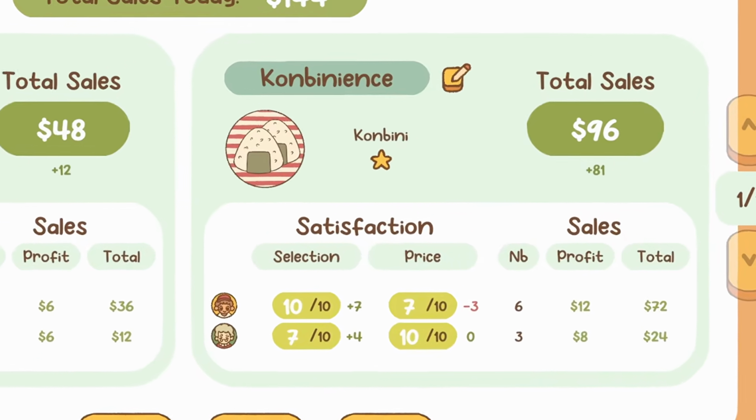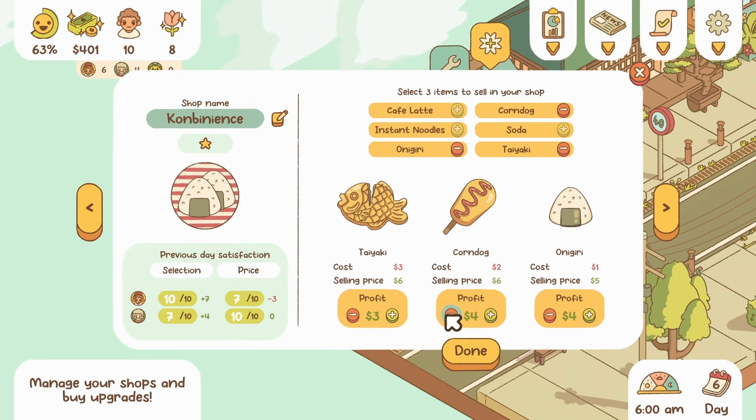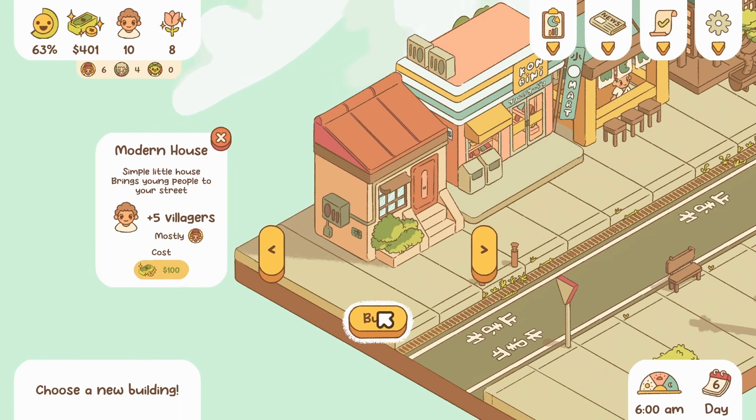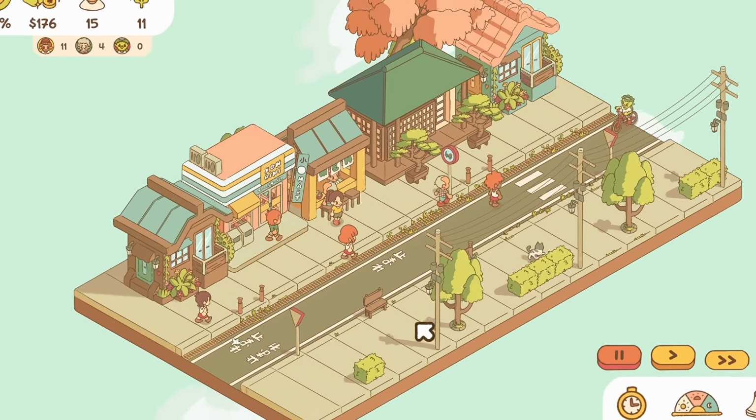But it ended up being perfect for the youths. Since our ramen recipe had also been perfected for them, I lowered the prices of everything so they'd be happy with that too. As our town was already pretty youth-centric, I bought another modern house with a beauty upgrade. And our town was clearly starting to blossom because...